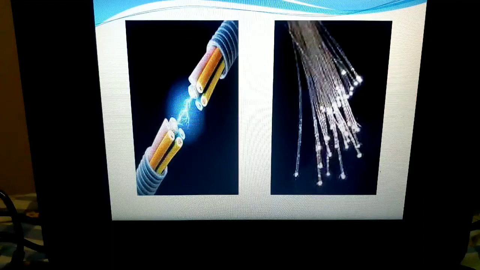But in the case of fiber optics, because your data is in the form of light, there is no question of having a magnetic field at all. So there would be no magnetic interference. That is why it is very much immune to such kinds of interference. It is highly suitable for harsh industrial areas or environments, and it guarantees a high data transmission speed, around 100 gigabits per second.